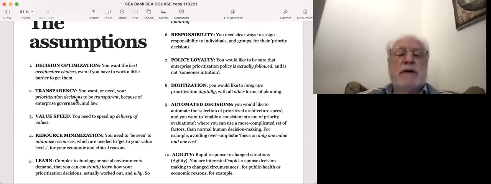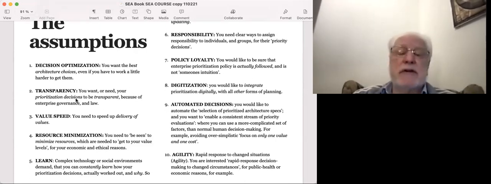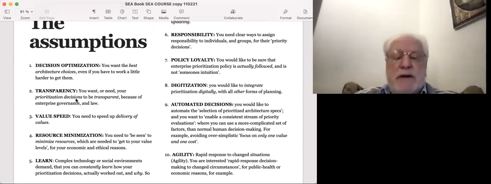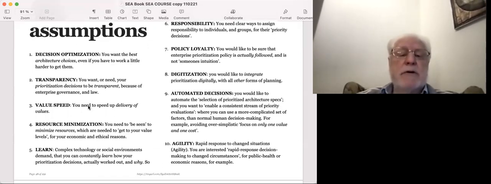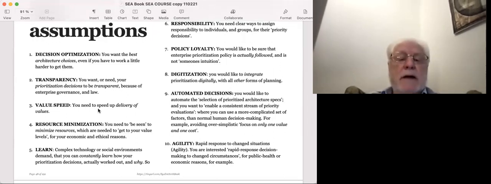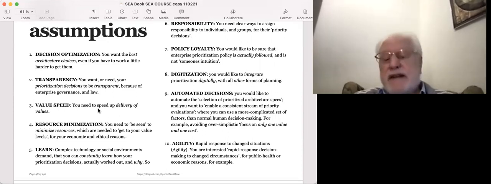You might like your prioritization decisions, and that's where you're going to spend money, where you're going to get results, and who you're going to deliver them to, to be transparent, either because your organizational culture or the law demands transparency: what's going on, who's making the decisions, and things like that. No hidden decisions. If you want to speed up the delivery of value, then choosing the smartest architecture means choosing